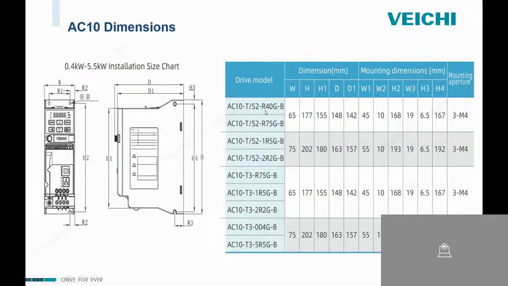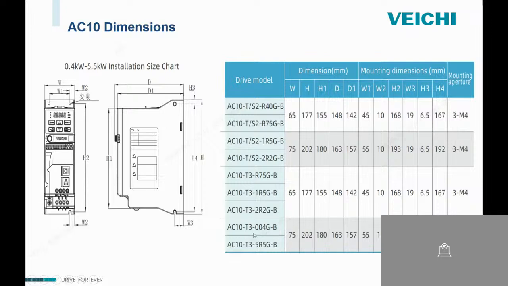AC10 single phase 0.4 kilowatt to 0.75 kilowatt overall dimensions are the same, and single phase 1.5 kilowatt to 2.2 kilowatt overall dimensions are the same, and three phase 0.75 kilowatt to 2.2 kilowatt overall dimensions are the same,